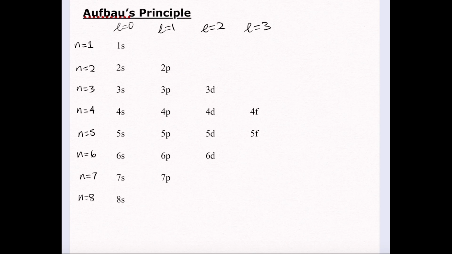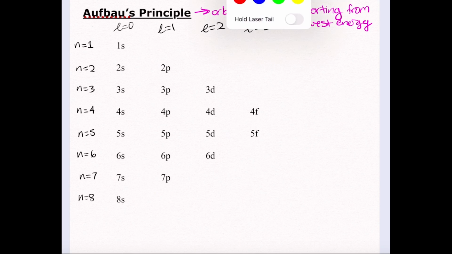So to get straight into it, Aufbau's principle is a principle where orbitals are filled starting from the lowest energy. So let me drop that down. Orbitals are filled starting from the lowest energy. So what does this mean, per se? Well, this means that